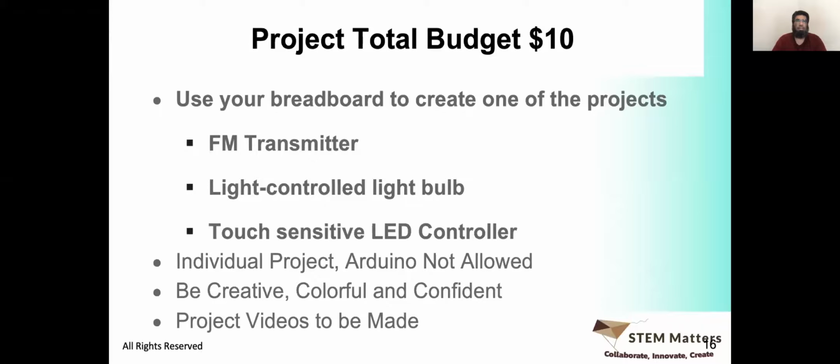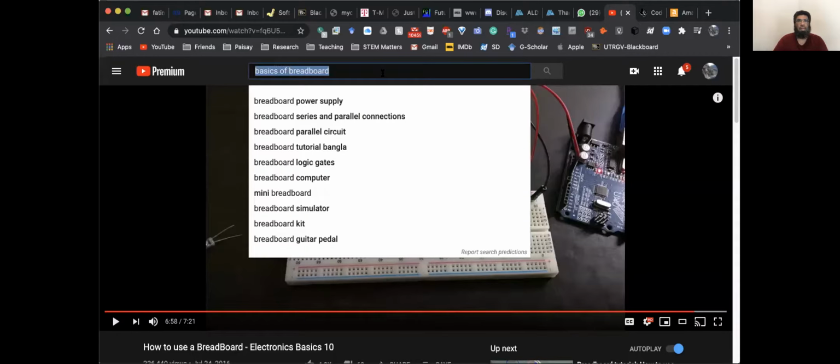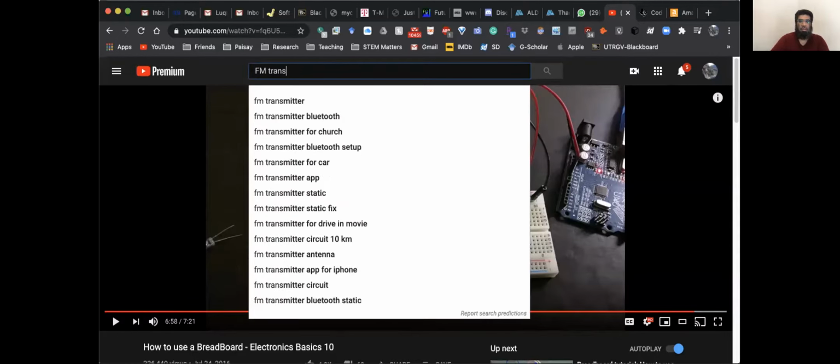All right, so there were 3 options that I've given. FM transmitter, right? Let's do it together. Let me share my screen with you so you'll see what I'm doing. All right, you can see my YouTube, right? So if I say FM transmitter